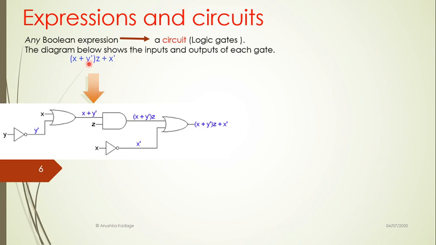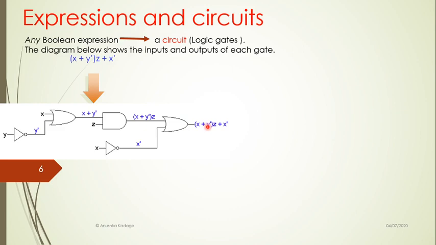Now, along with this output from the OR gate, Z is the input for the next ANDing gate. So once the ANDing of these two variables happens, this resultant of ANDing has to be ORed with X complement. So this is one of the inputs to the second OR gate, where another input is obtained by giving the inversion operation of this X, and finally we are going to get the implementation of our circuit.